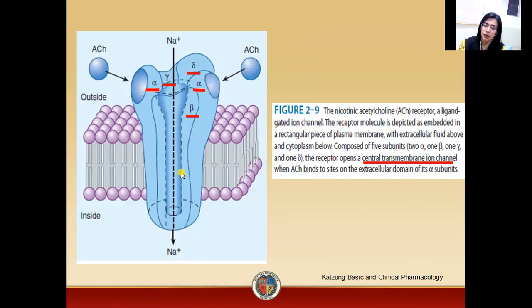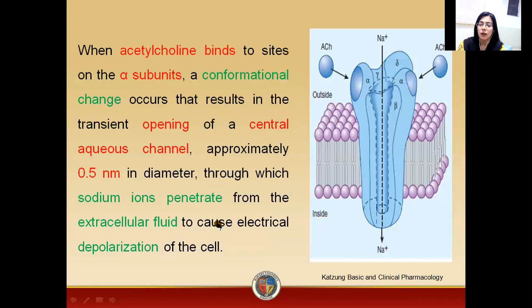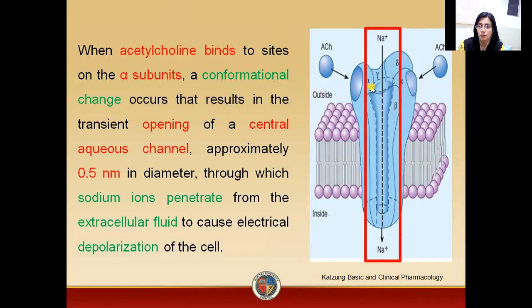1 sigma chain. So there is a central transmembrane ion channel as well. This figure is representing that this dotted line is actually a central transmembrane ion channel. When there is activation of receptor, there is influx of sodium ions. So as a result of binding of acetylcholine to the alpha subunit, actually there is influx of the sodium ions. This acetylcholine binds itself to a particular site, and this site is present on the alpha chain or the alpha subunit. As a result, there is an influx of sodium.